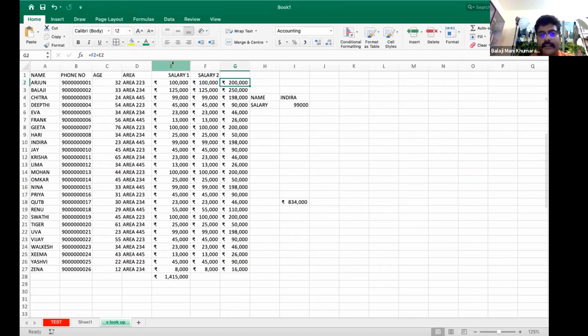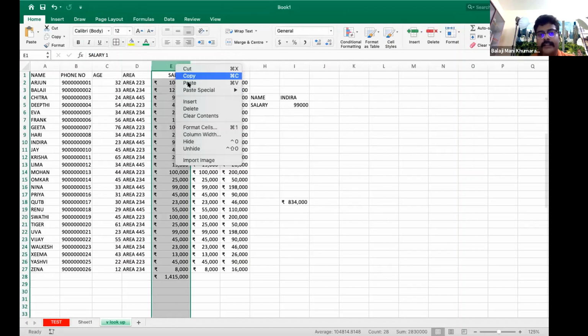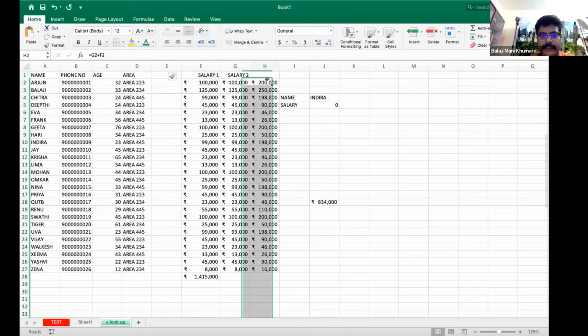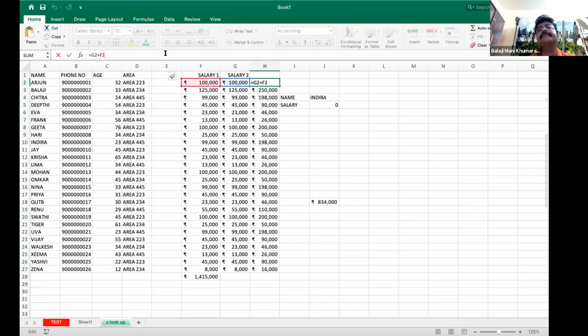So when I insert a cell or insert a column here, automatically the formula gets changed. Okay, previously it was E and F, now it is F and G. So this dynamic referencing is a really good advantage in spreadsheet or MS Excel.